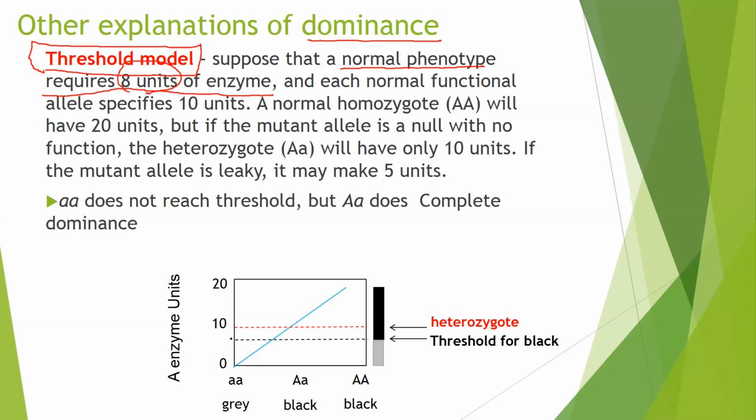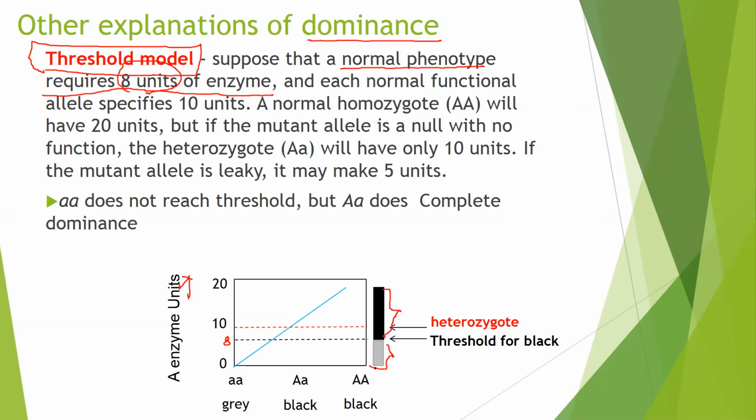So for example, this is 8. The y-axis is the unit. So the 8 is the threshold. If an individual can produce more than 8 units of the enzyme, then it will show the black phenotype. Otherwise, if an individual cannot produce more than 8 units of the enzyme, it will show colorless, something